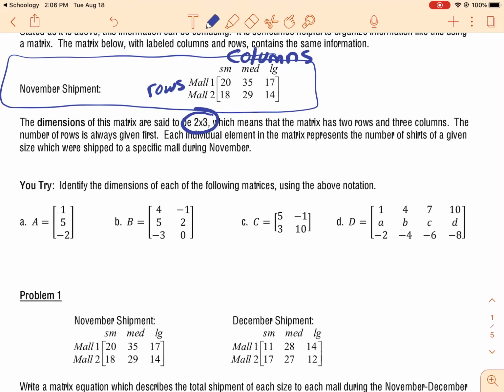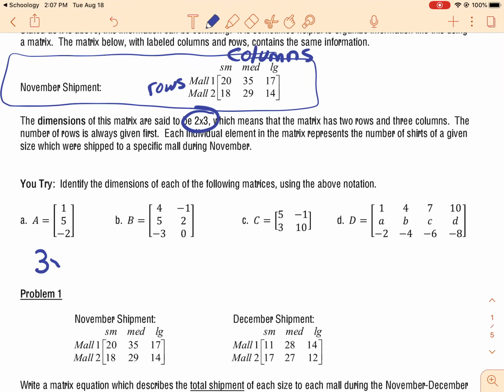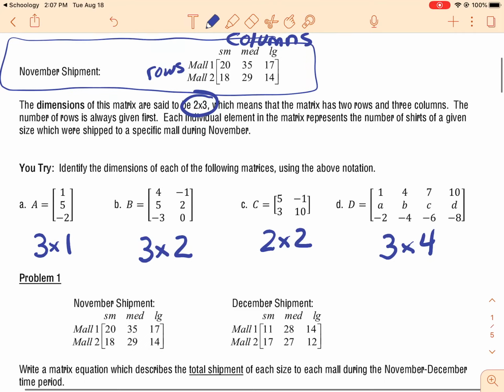Hopefully when you did these, you found that this first one was a 3 by 1. This one is a 3 by 2. This one's a 2 by 2. And then this one's a 3 by 4. You're always doing the rows first, columns second. If we take a look at a problem here,